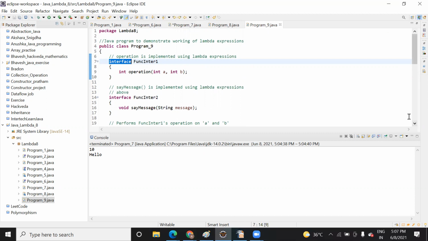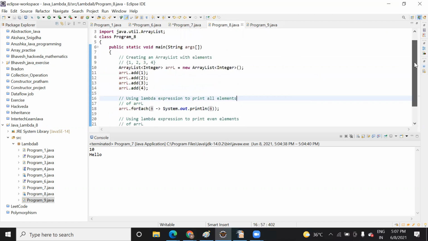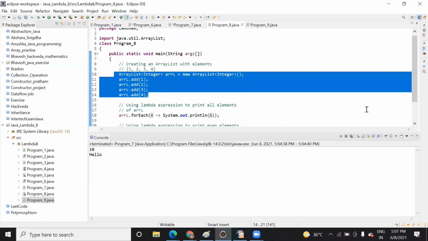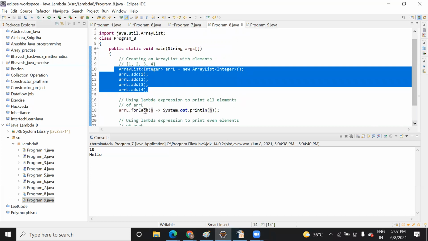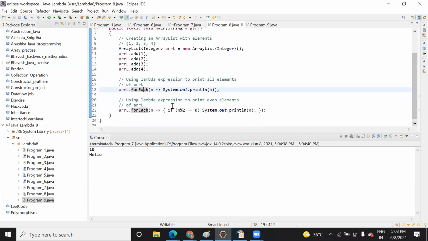Okay, one minute, let me show you. Let me explain this and then we can come. So here you can see this is an array list. Here we have created one array list and a for each, and you can add curly braces also, not an issue. With this single variable we are assigning a value and printing it, so you are printing the elements of that list. Based on this value it is going to print it.